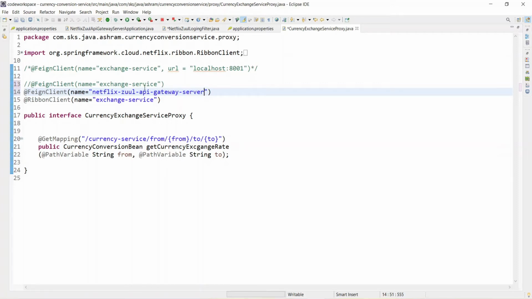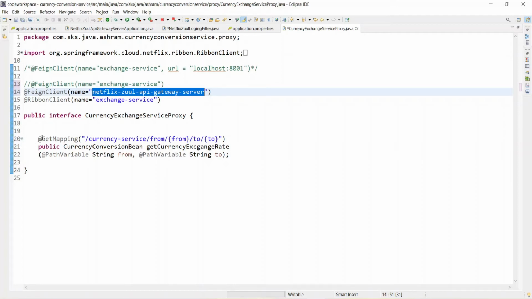So all are interconnected. We just need to go to the Eureka server and take which services need to be called. It will get there and pass through the Netflix Zuul API gateway server, and the Zuul server has given all its details to the Eureka server by registering, right?